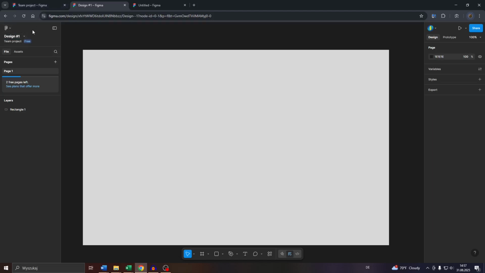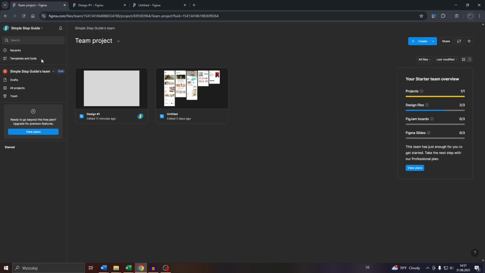The second option, guys, would be to head back to your team overview. So make sure that you're logged into your Figma account, and here on the left side you will see your current team. You may switch between these by clicking on that arrow down icon or create a new one. So let me go with that team here, and here to the right you will see all of your team